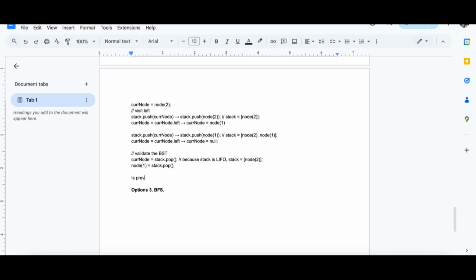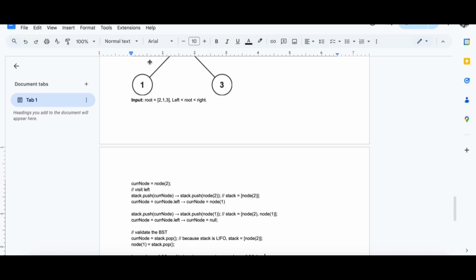Is previous not null and current node value smaller or equal to the previous value? That means we are asking if previous is not null and current node value is 1, is it smaller than the previous?